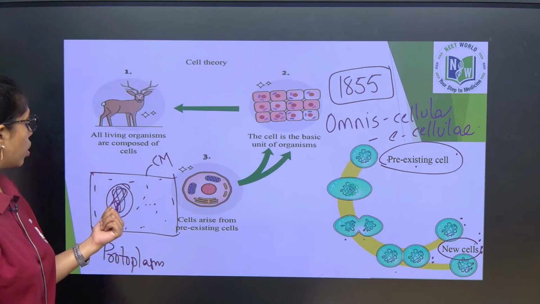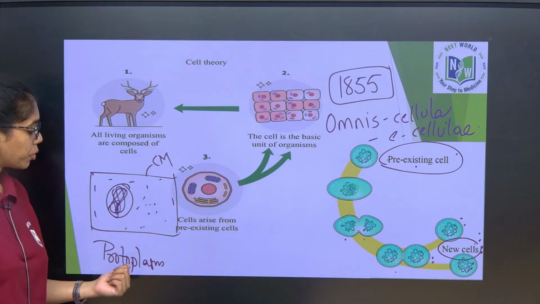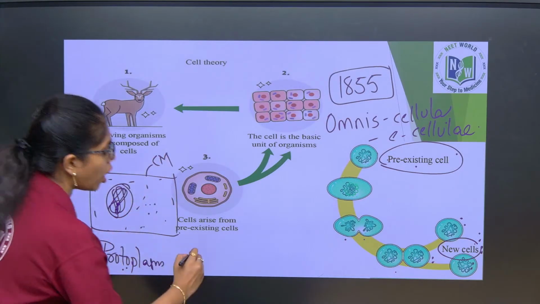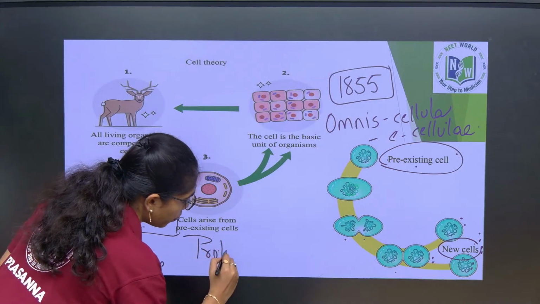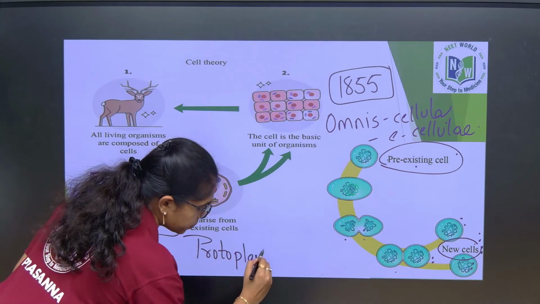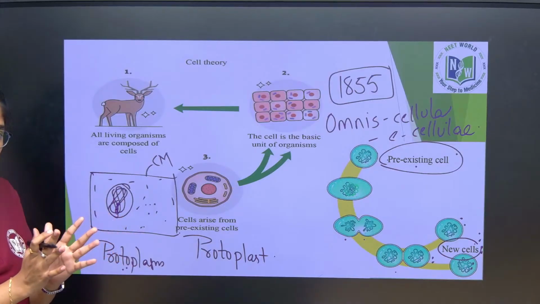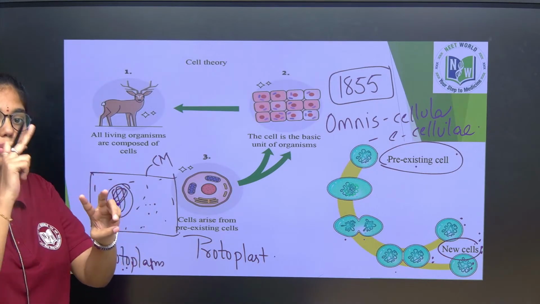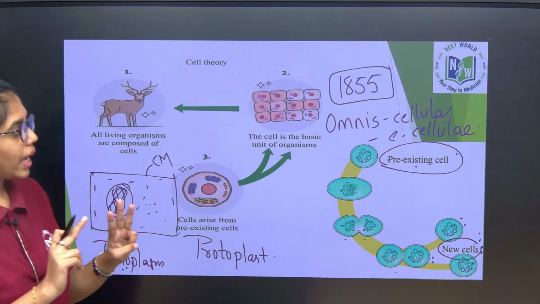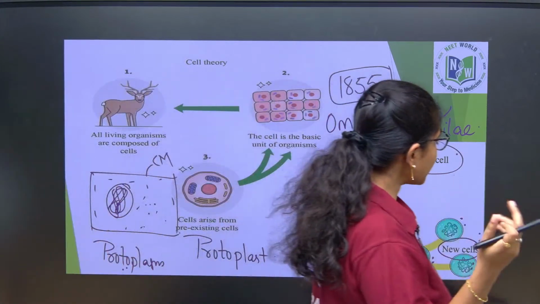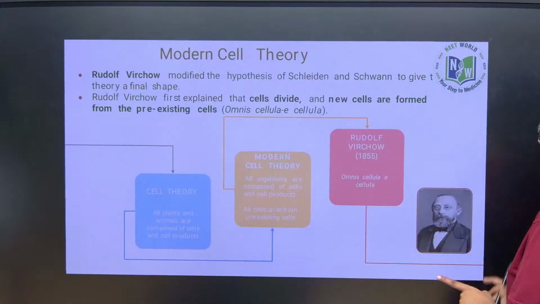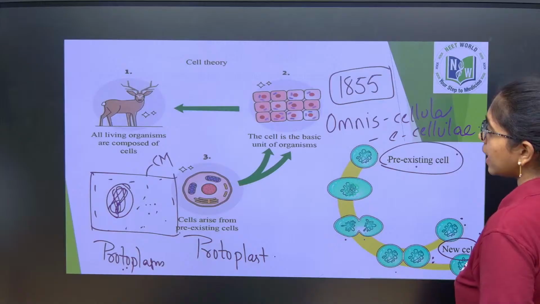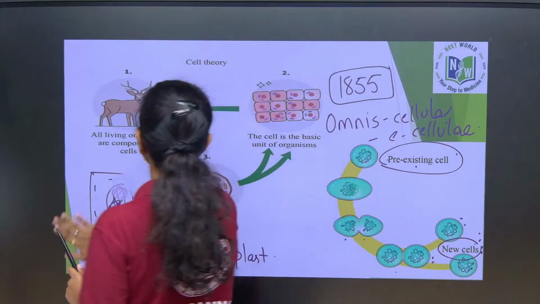Okay? So, nucleus and cytoplasm together are called what? Protoplasm. Along with the cell membrane it is called what? Protoplast. So, is this clear to your mind now? Cell theory is applicable to those cells which have a nucleus, cytoplasm and a cell membrane. If anything is missing from the cell, then cell theory is not applicable. So, now I will tell you, cell theory is not applicable to